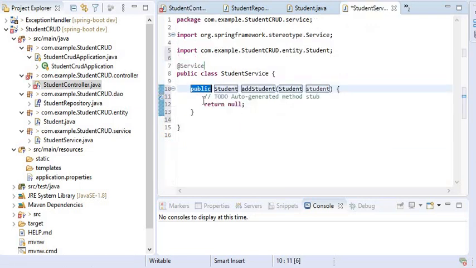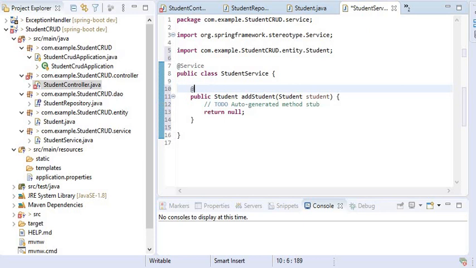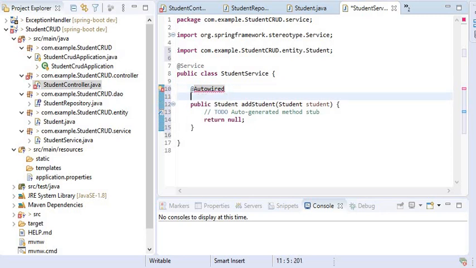In my service layer, here I need to inject the student repository.